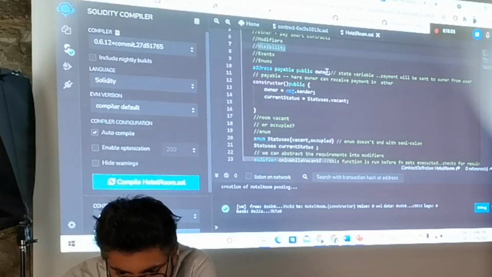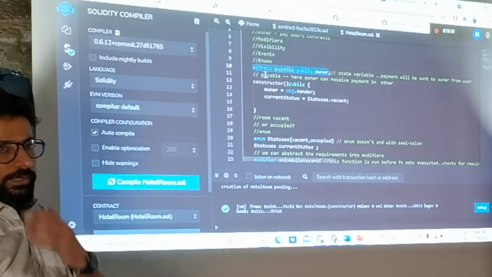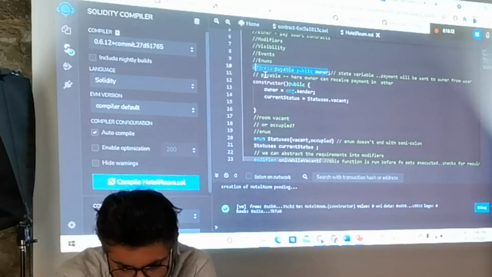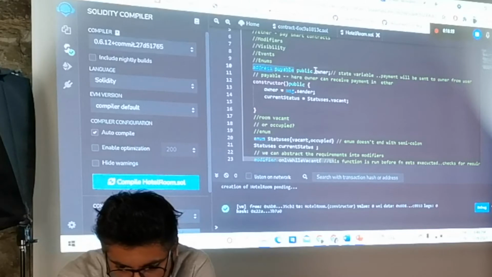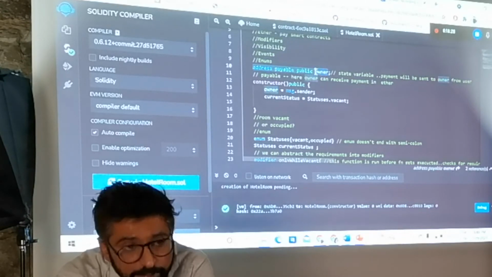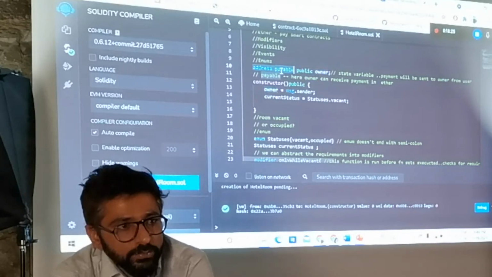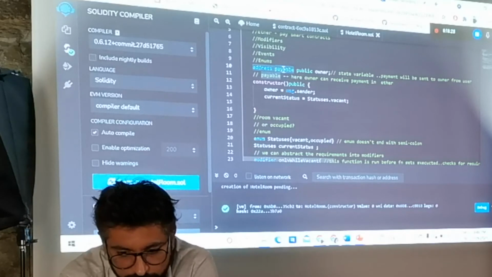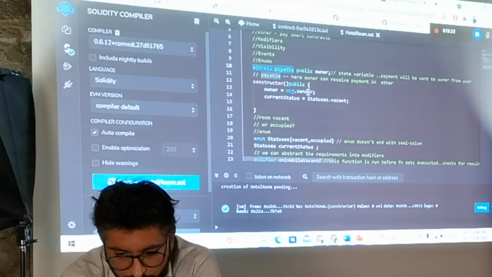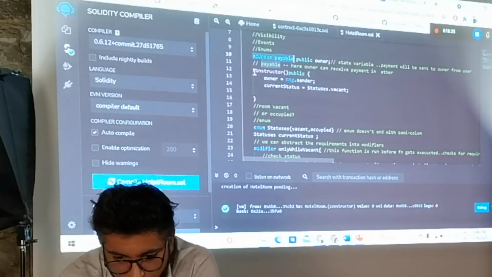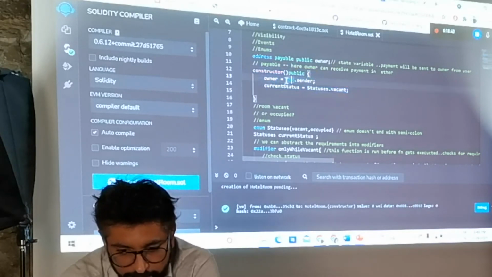Solidity is more like JavaScript and C++. So this is the data type address, and we want this owner. We have declared this variable as an address data type, and we want to make the payment to this particular owner. That's why we have these keywords, payable. We want to pay this owner, so that's why we have declared it, and we will initialize the owner details, like what the address is.